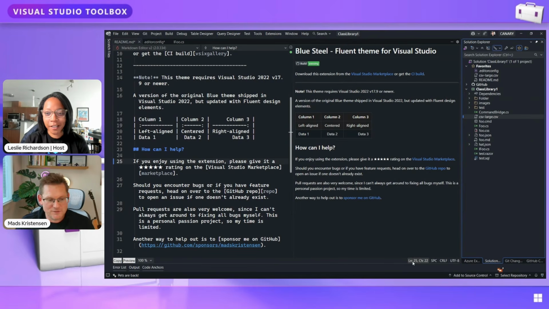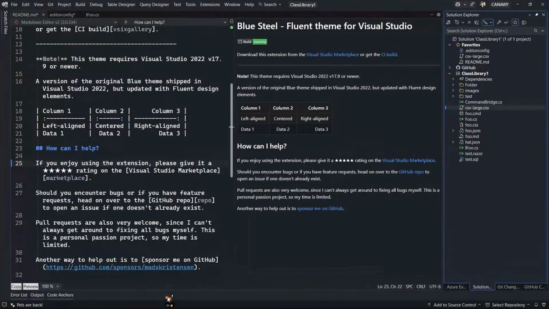Can they go across the entire screen? Yeah, they walk across the entire screen on the status bar. Oh my God. And if you build, they will celebrate. And if the build fails, they'll be sad. So I can click it. You can move a pet if you want, right? Yes. You can click it. Uh-huh. Yeah. It'll chase a ball. Oh my God.